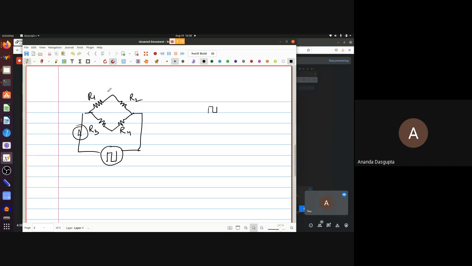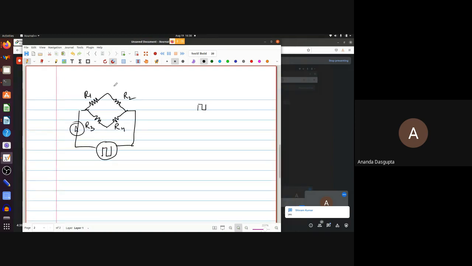So you all know what a diode is, right? You've done diodes in class 11 or 12. So suppose I had connected a diode here. Then what would the waveform look like? Will it get rectified? Sorry, couldn't hear you. Will it get what? Sir, only half of the waveform is rectified.